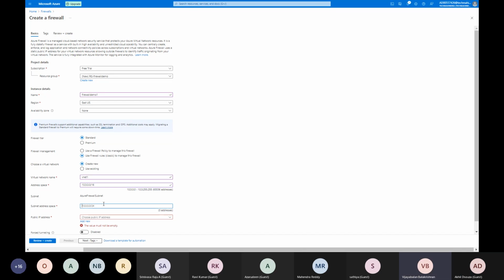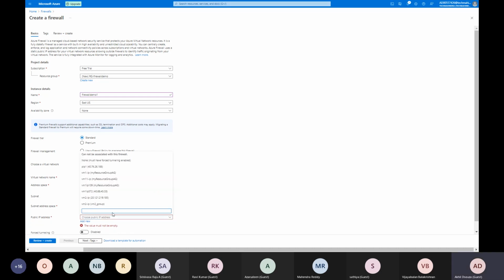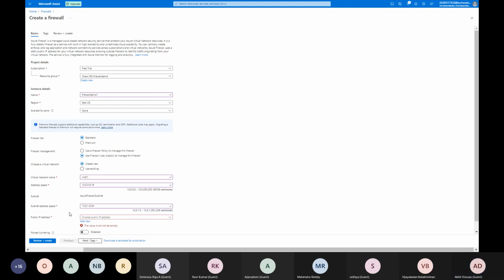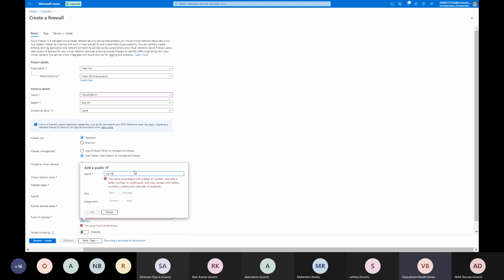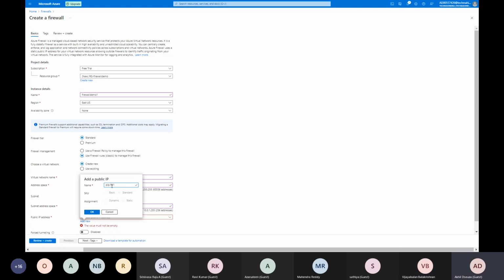Now for the public IP, I'll create a new one. Just name it in some relevant format, so that the purpose is reflected in the name. So I mentioned FW firewall one.